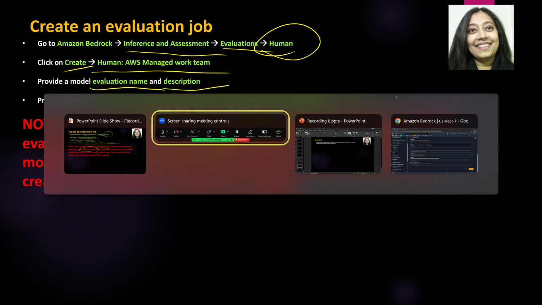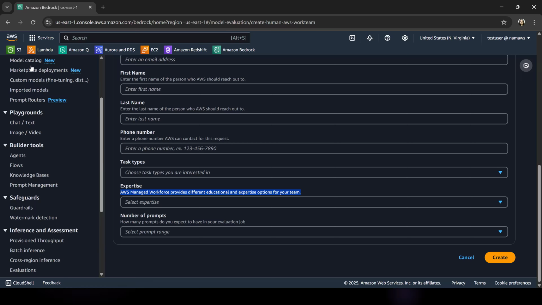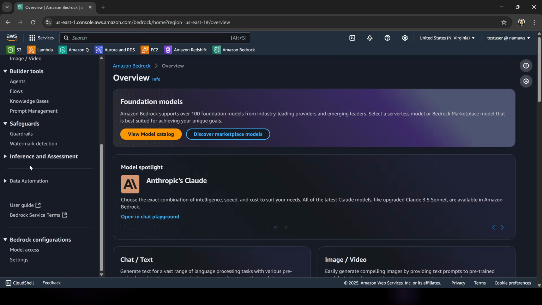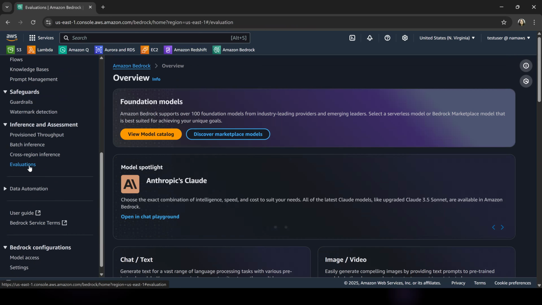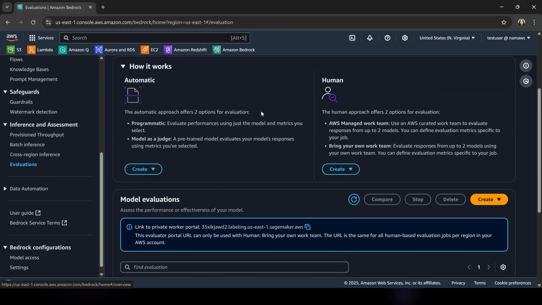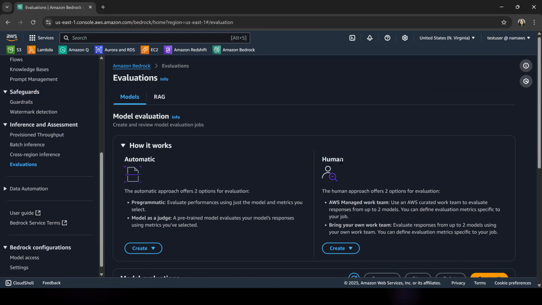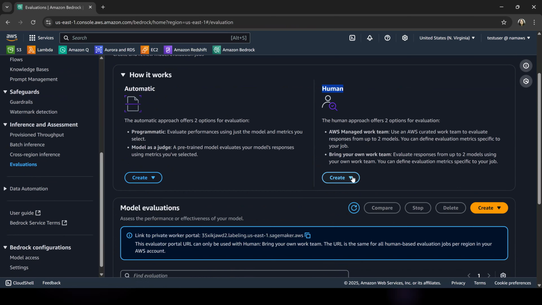So let me quickly go to Bedrock. Okay, so this is Bedrock. This is inference and assessment. Okay, this is evaluations. And over here, under models, you have human. Click on create, human AWS managed work team. So click on the first option